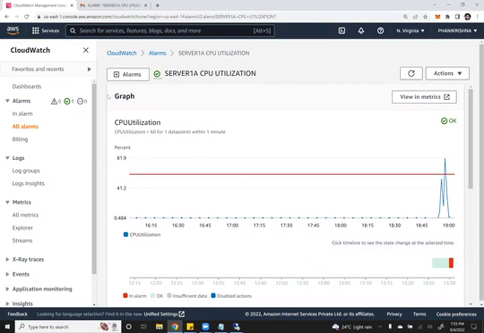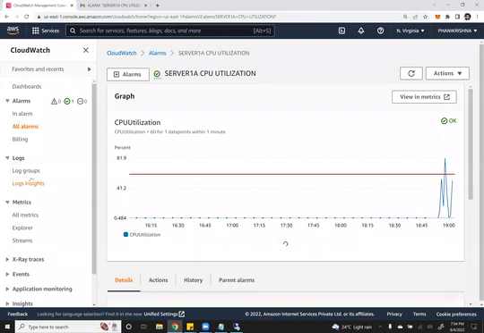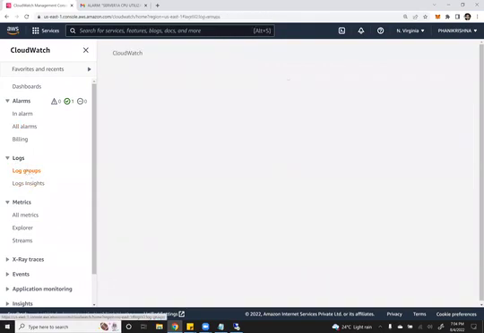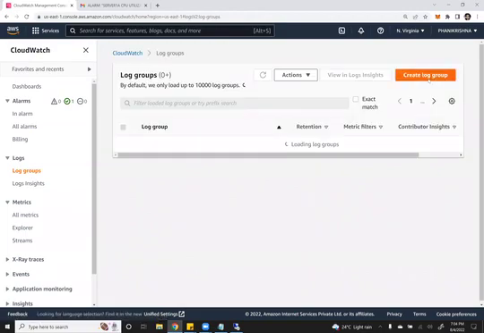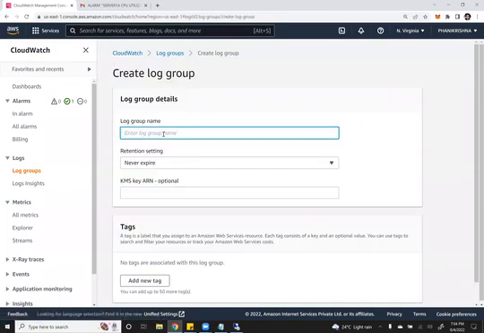But that requires a CloudWatch agent to be installed. There is a CloudWatch agent which you can download and install, so that the CloudWatch agent will communicate with the CloudWatch and send all the data into the logs here. You can see the logs, right? So here you can create a log group. Create log group. So I can say